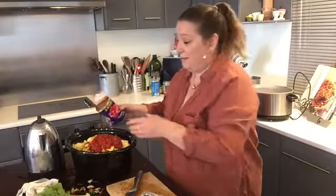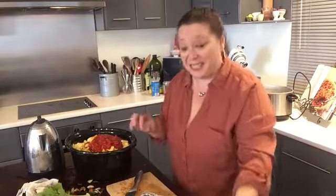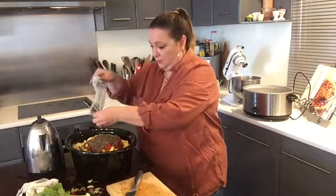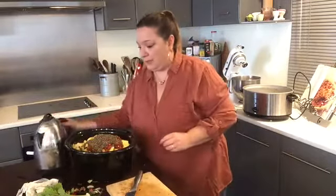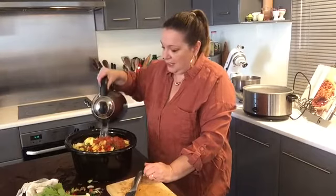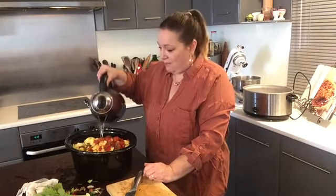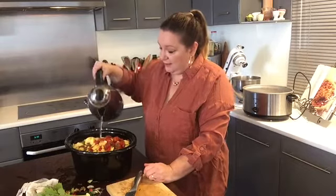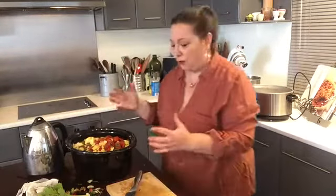Diced or whole, I don't care. Or if you make your own passata, that would be great. The last is a packet of lentils. Beautiful. And enough water to come to the top of the veggies. I would estimate that's about 2 litres. Yeah, that's beautiful. The veggies will give off their own juice as well, but